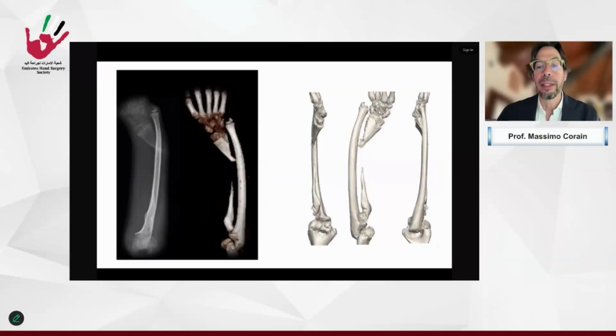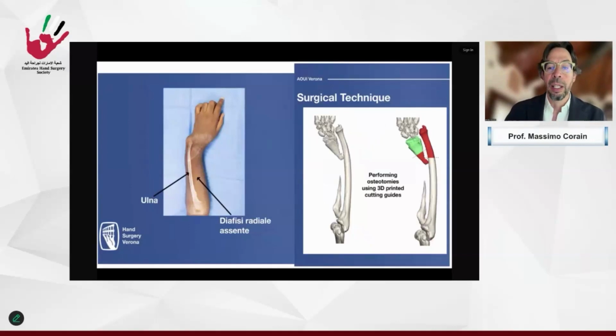And the CT and the digital reconstruction of the forearm show that the hand is dislocated with the radius. We have no support to the hand, and there is a deformity of the ulna too, with great soft tissue retraction due to the osteomyelitis and the growing age of the patient. So I decided for an osteotomy and to create a one-bone forearm. It means to take off the distal part of the ulna and transfer the hand with the distal radius to the ulna